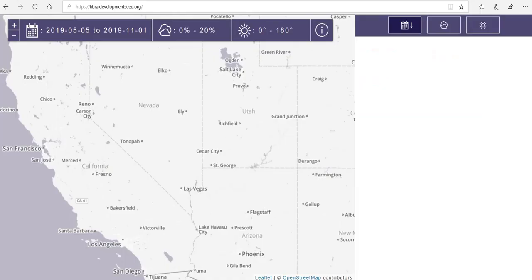Hello and welcome to this short tutorial. In this tutorial, I will just show you a very good tool to download Landsat satellite images. This tool is called Libra, and